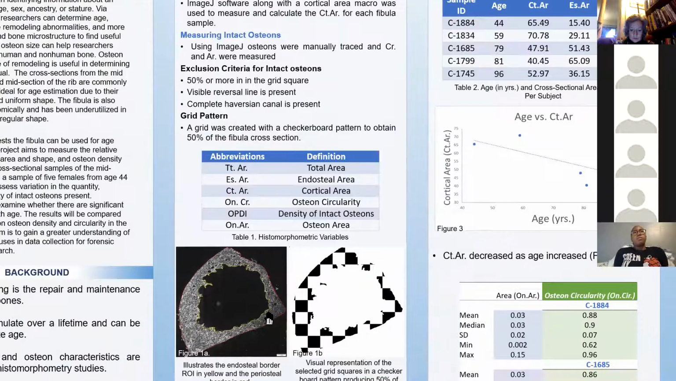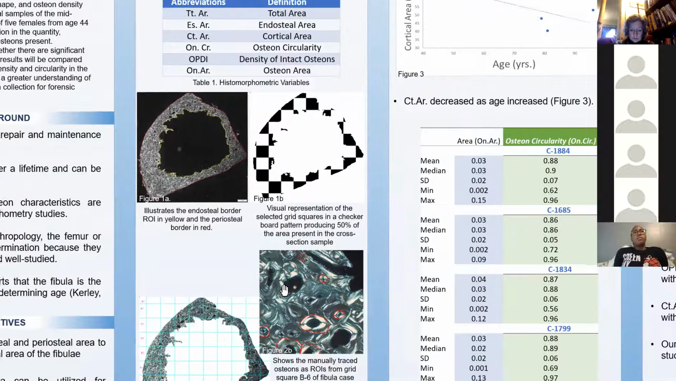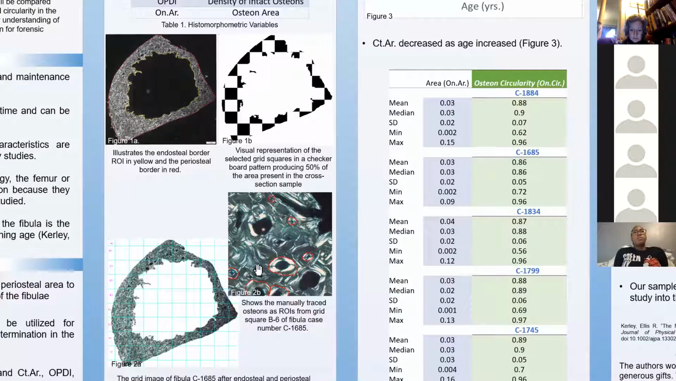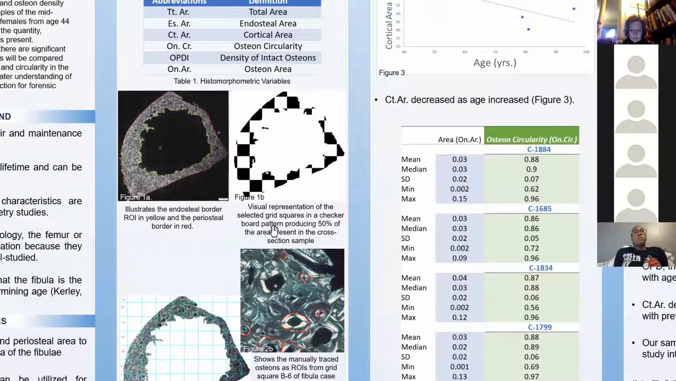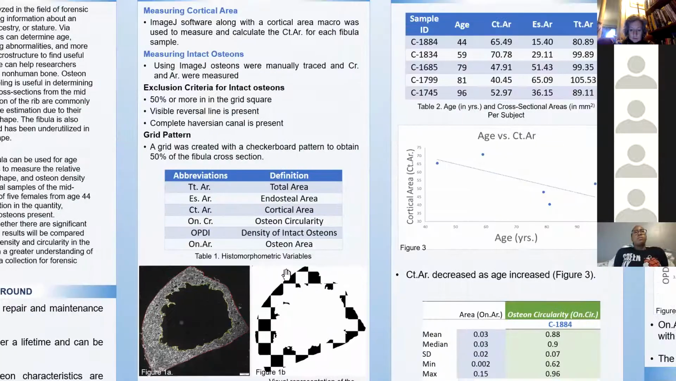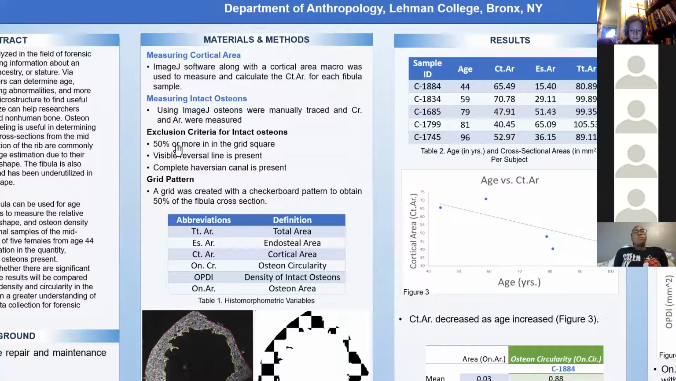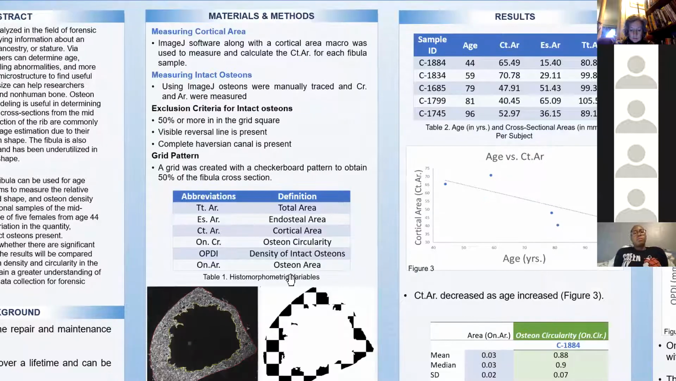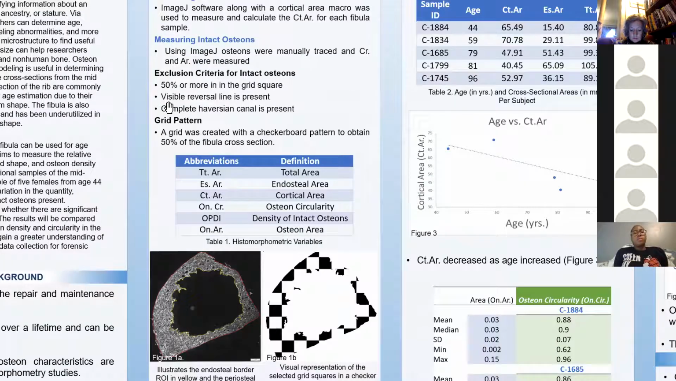In order to set up a criteria to trace the osteon, so you can see there's a lot of different shapes present in these pictures. I had to set up a criteria so that it was very standard. So one of the standards was that 50% or more of the osteon had to be present in each of these grid squares. The reversal line must be present and visible, and the Haversian canal had to also be present,